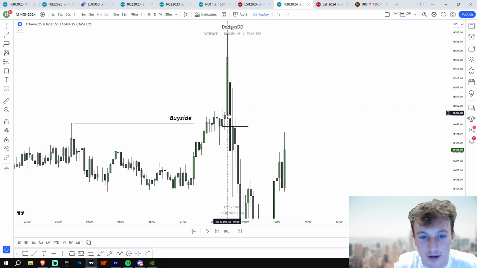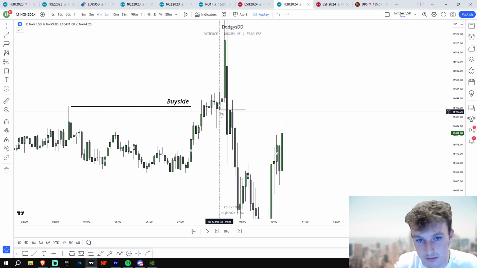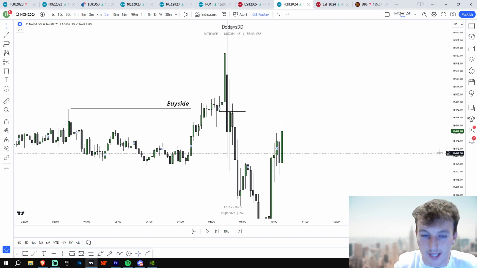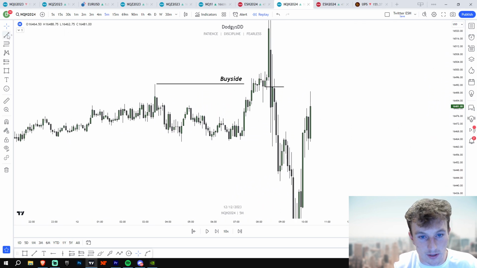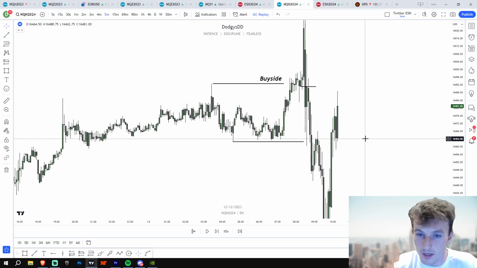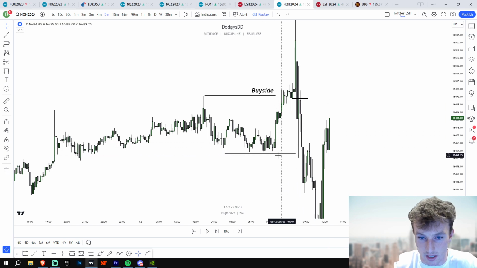Okay, so in here, we end up closing. See how we close down here below this candle? So we now know this is the change in state delivery. And what should that tell us? Well, that should tell us we should go to the next low. There's definitely a bunch of suspicious lows down here. Definitely that doesn't look like retail resistance or retail support. So this change in state delivery basically tells us the market's going to at least target this.